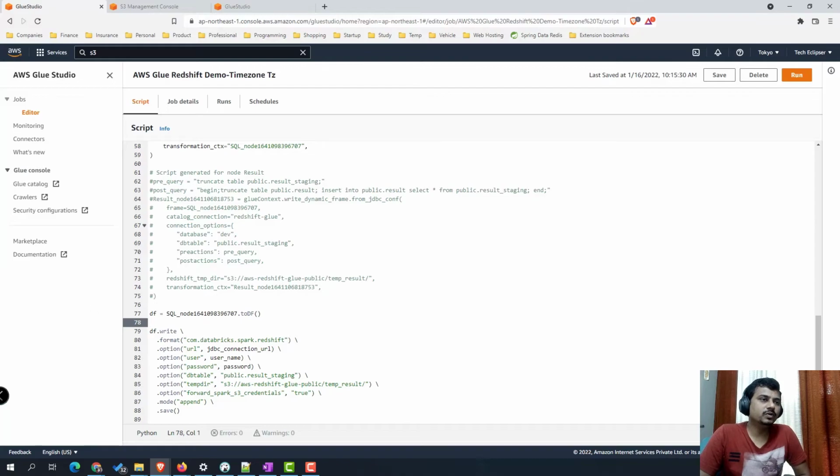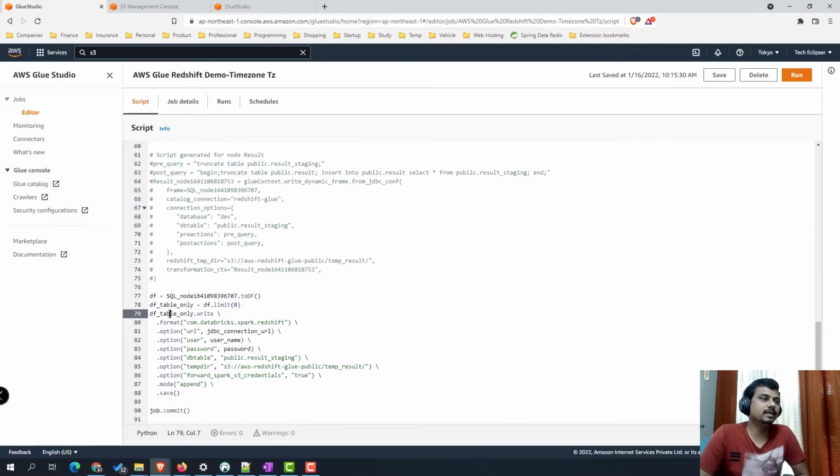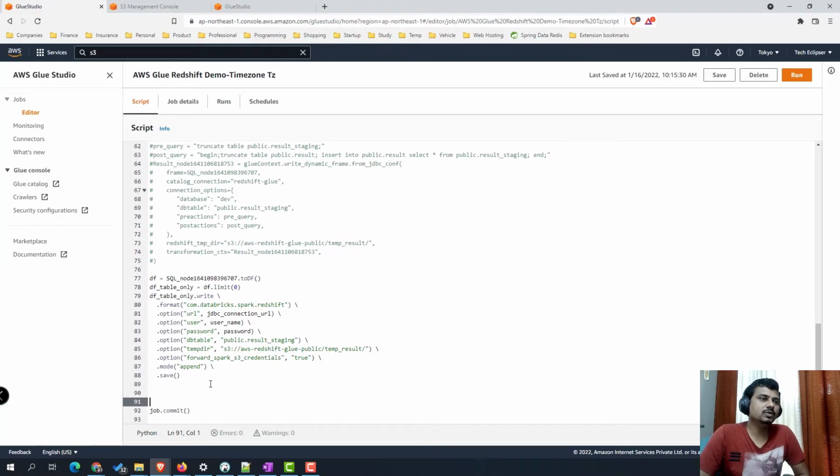The block written below for Spark has the capability of creating the table if it does not exist. We wanted to insert the data into a staging table and then copy the data from the staging table into the main table. For doing that, we'll again have to use Glue because it has pre-query and post-query options, and those are pretty simple when you want to do that kind of data copy process.